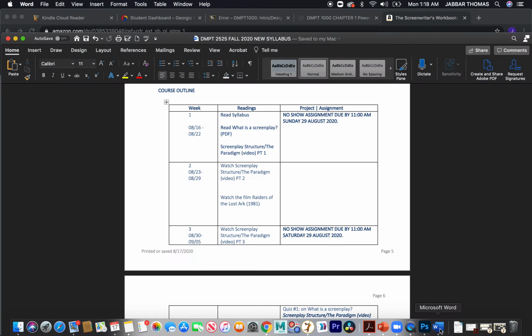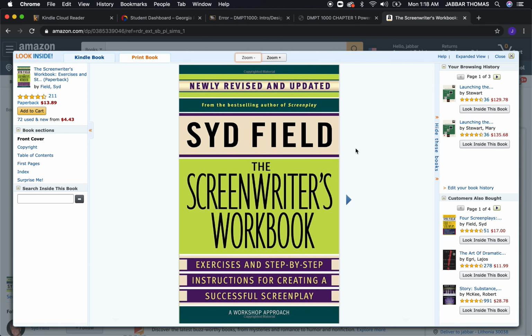Okay. Oh, by the way, let me go back to that. This is another great book. This is actually the very first screenwriting book I started off with in the 90s. Sid Field. This is called The Screenwriter's Workbook, and that's a really great one as well. Same guy that wrote Screenplay, the previous book we looked at. Once again, this guy, Sid Field, he's like the George Washington or Martin Luther King of screenwriting.